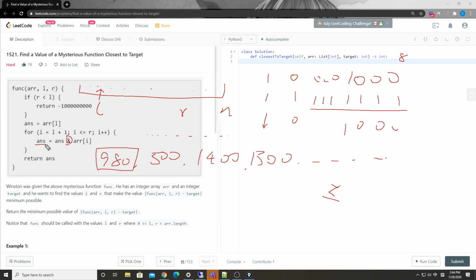By the time the current answer is less, or smaller, than the target, then we can simply break,